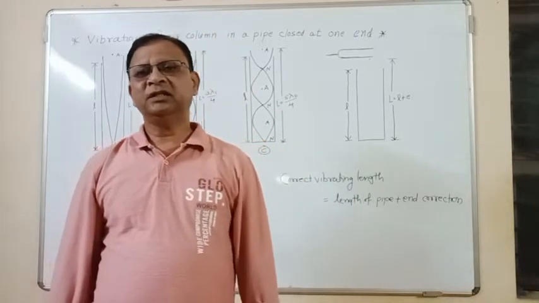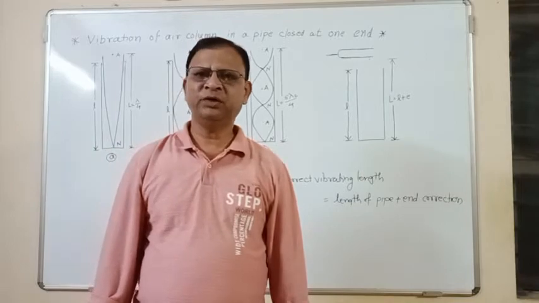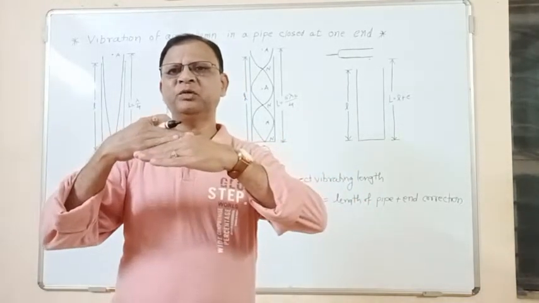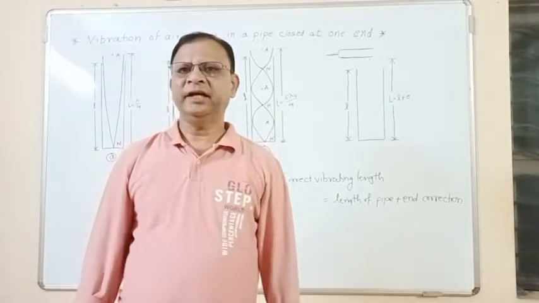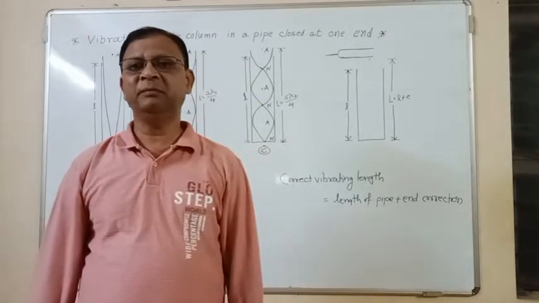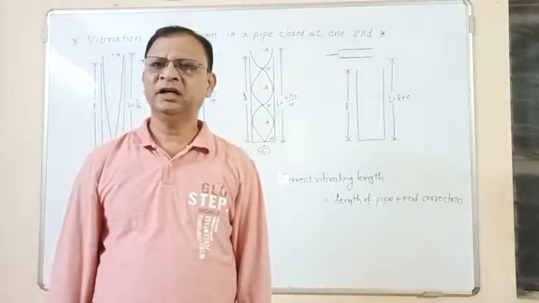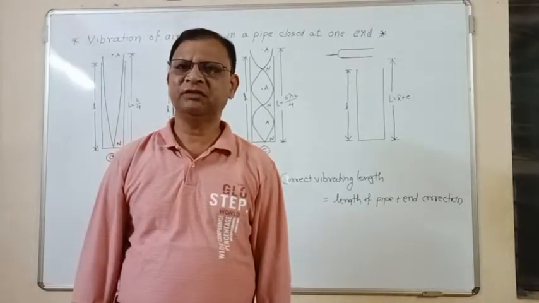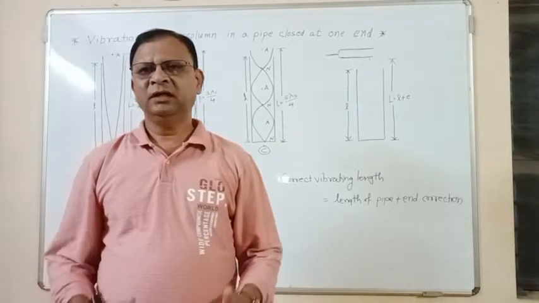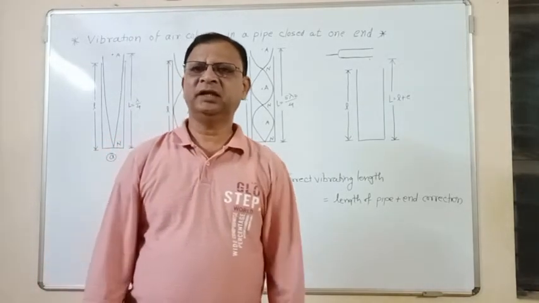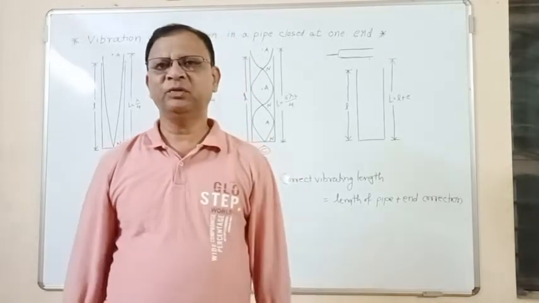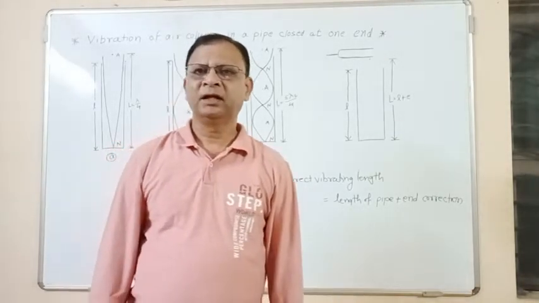Similarly, when two identical longitudinal waves travel along the same path but in opposite direction, they interfere with each other to form a new pattern in the medium, which is called the longitudinal stationary wave. Also, you have seen the difference between the transverse stationary wave and the progressive wave. Now you see